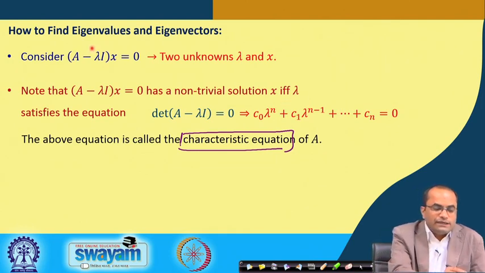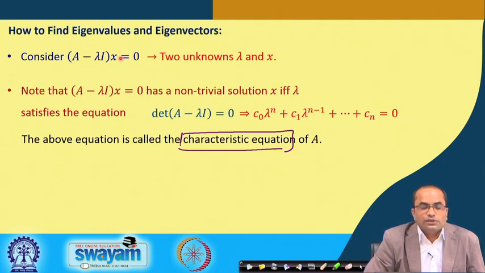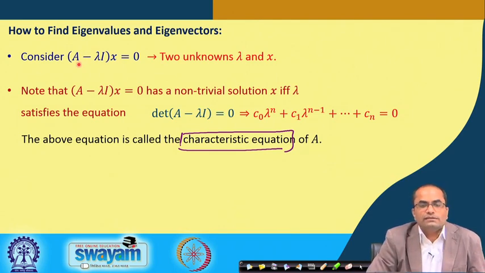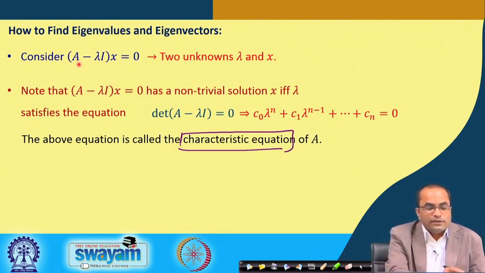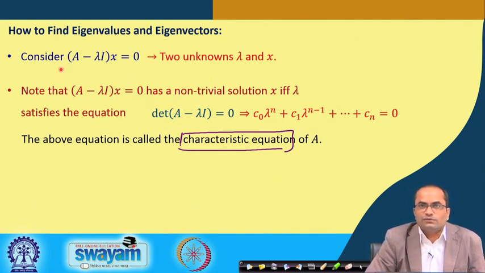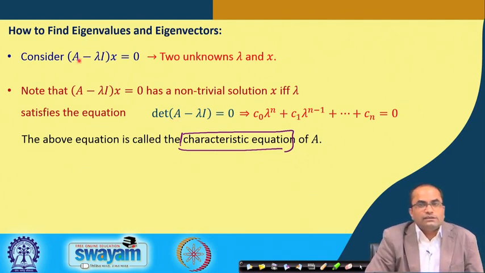Once we have the lambda here, then we have this equation (A - λI)x = 0, and for each lambda we can find the solution of this (A - λI)x = 0. And note that our lambda, which we will get with this condition that the determinant is 0. So, naturally we will get non-trivial solution of this (A - λI)x = 0, because the trivial solution will come when this determinant is not equal to 0, but we will get our lambda such that this determinant of A - λI will become 0, and therefore,